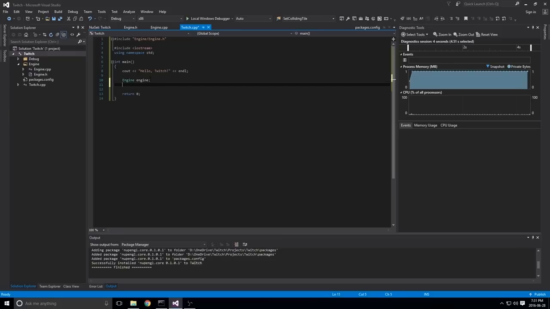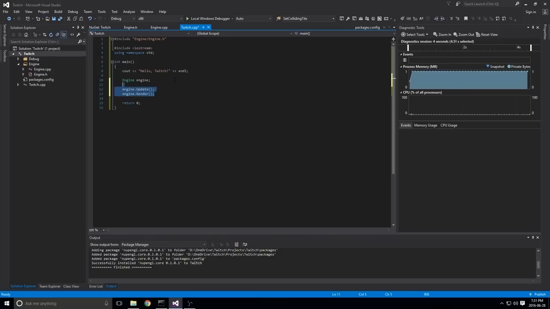When you do that, engine is just constructed at this point, so the constructor is executed. And now we can go ahead and set up a while loop. When you talk about games, you're talking about something called a game loop, and that's something that's going to iterate through everything that we have in our game and update, basically call its update method. Any separate item, sprite really, is going to get update called on it, and then we're going to call render on it as well. Right now we only have our engine, so we're going to call engine.update and engine.render.